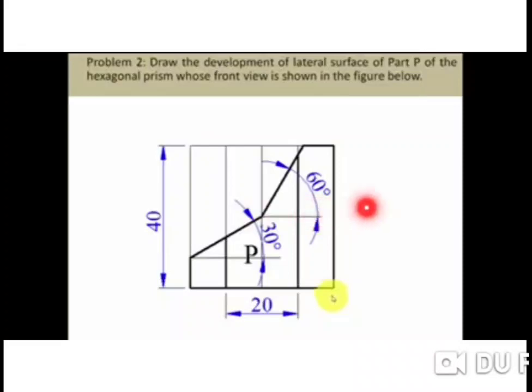If I keep the protractor here in inverted fashion, measure 0 from here. Now if this is 30 degrees, then what will be this angle? That will also be 30 degrees, 60 degrees, and draw one line here. This is the required portion of our development. This is the removed material. So they have shown the cutting action on the front view.